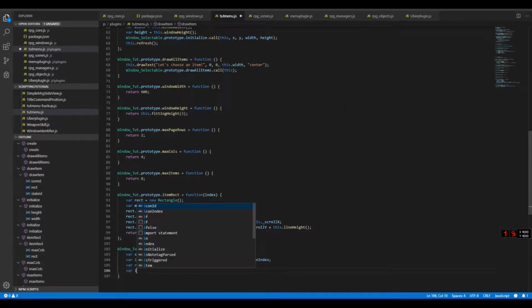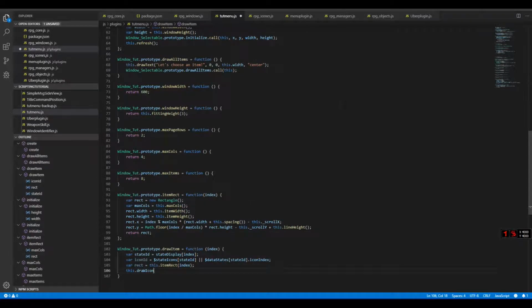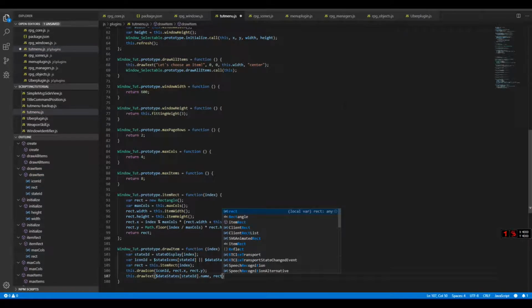So this.drawIcon(iconId, rect.x, rect.y), and this.drawText(data states state ID.name, rect.x plus 30, rect.y). So now if I save it and launch the game,